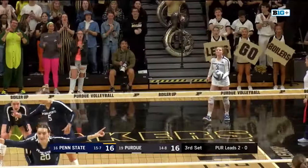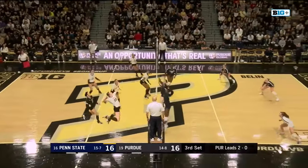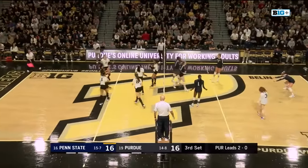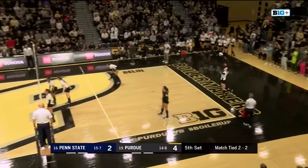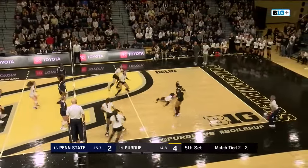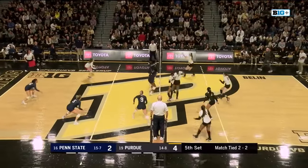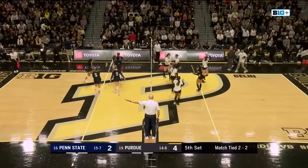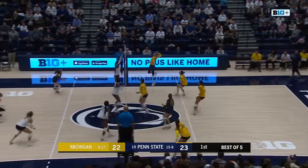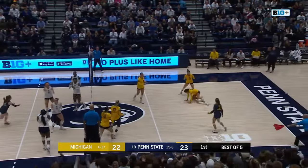block. Dave Shundell trying to build this program up and try to get the Boilermakers to the next level. One way to do that would be to sweep Penn State in the regular season. A block from the Nittany Lions. Great dig from Hudson, her 9th of the day. A rejection from Weatherington. That you try to avoid. Merzick floats that serve over on the near side. Bonus serve is received. Weatherington crushes that